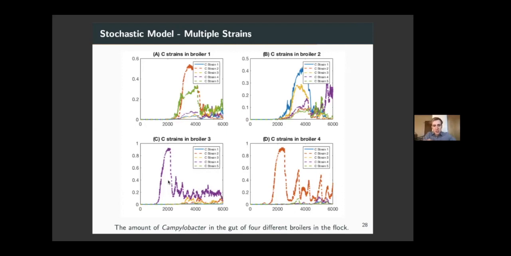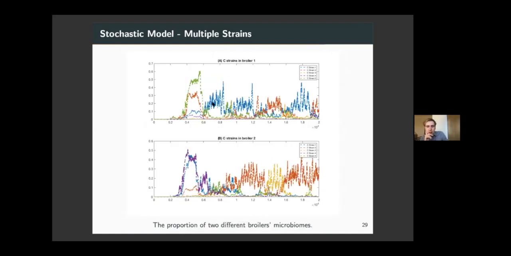And sure enough, if I then stretch out the time span here, so we can see how some chickens might evolve over time, we tend to see that every week or so, a chicken will have one strain dominant in their system that then gets knocked out and replaced by another one. And again, these 5 strains are completely identical demographically. I haven't made orange better than purple or anything. It's just that different chickens will end up picking one at a time, and it's these small stochastic events which have a huge impact on what you see in the overall flock.